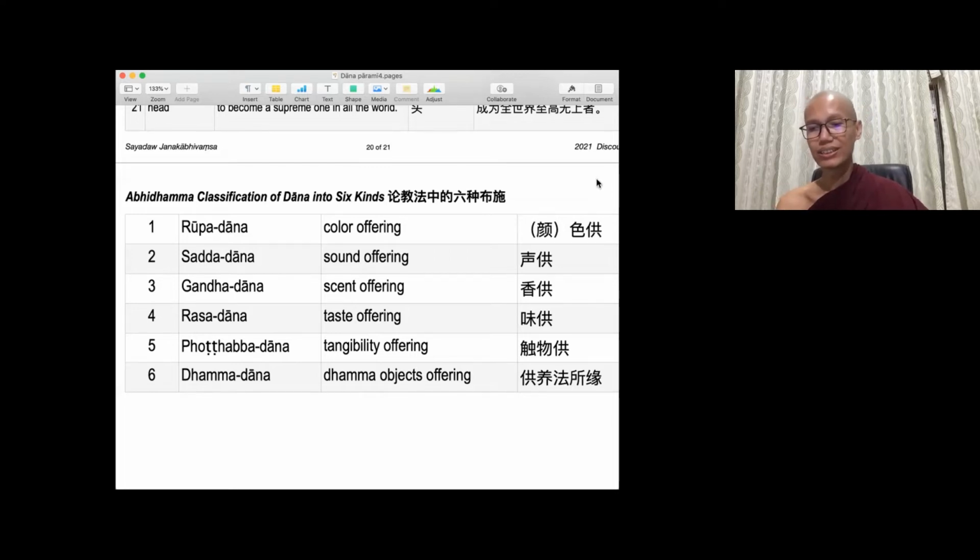So how to donate color? Instead of saying how to donate here, why, for what did the Bodhisattva donate color? So there are 4 kinds of